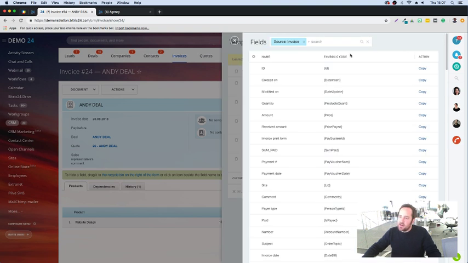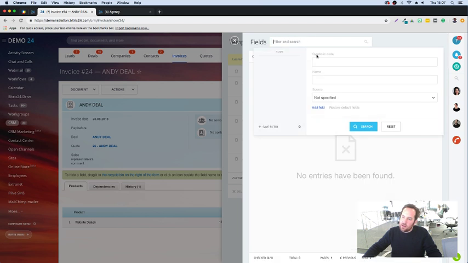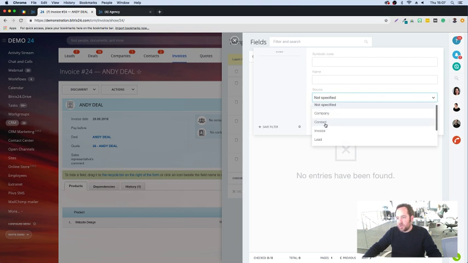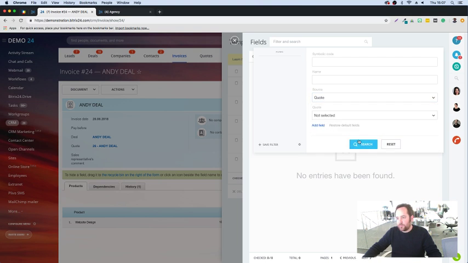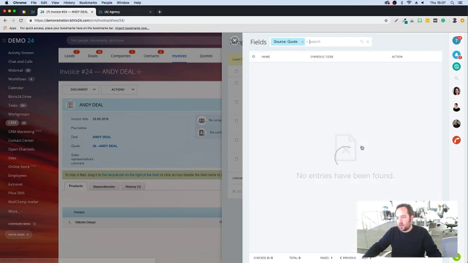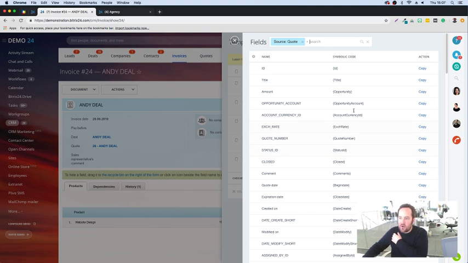And what you can see here is I'm currently in invoice, so let's click out of here and click on source, which is going to be quote. And let's just click on search. Now I've got the source equals quote, and essentially what that does is bring in all the available fields that